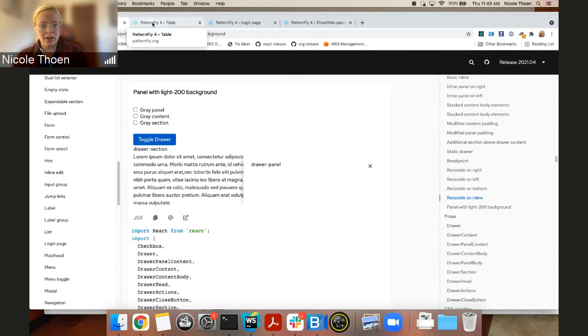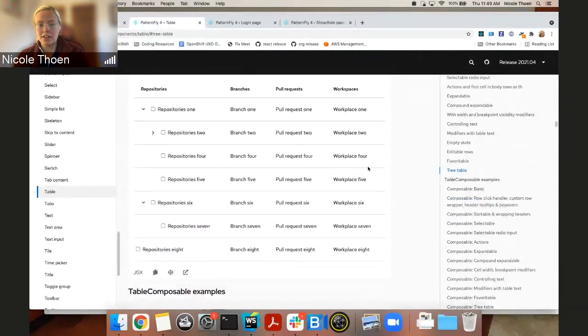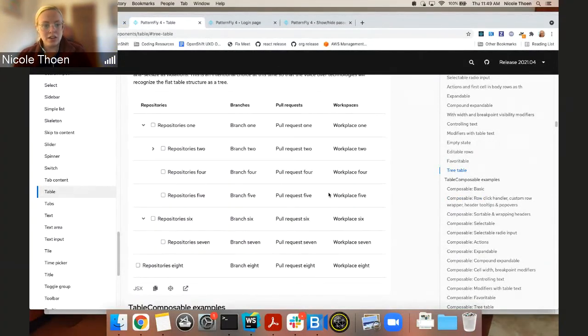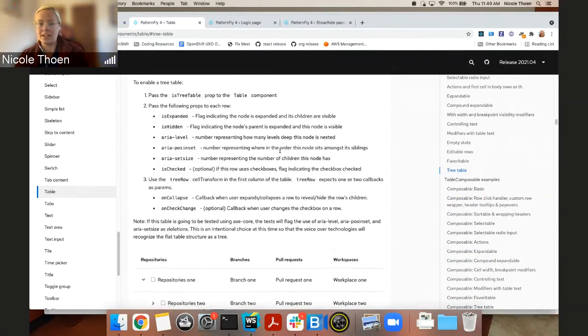Second, one of the more highly anticipated features I worked on for the last release was the initial release of a tree table variant for our table. The instructions for wiring up the table to be a tree table are found alongside the example in the documentation.